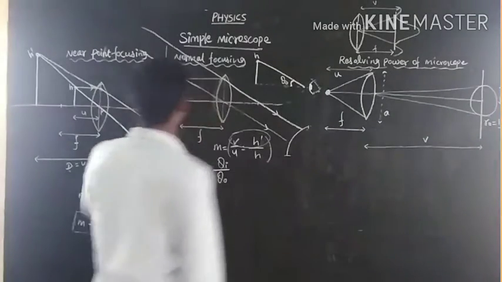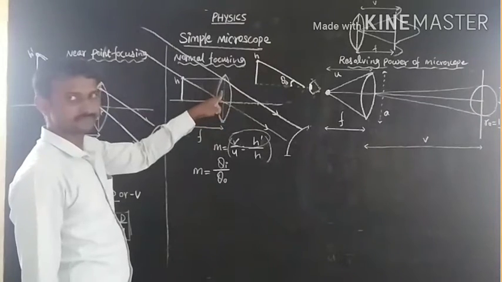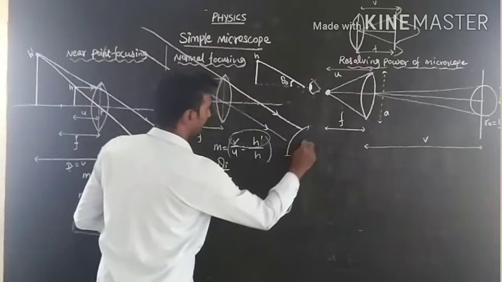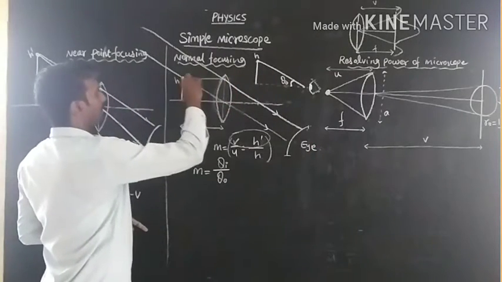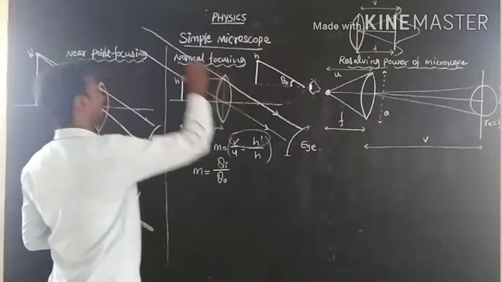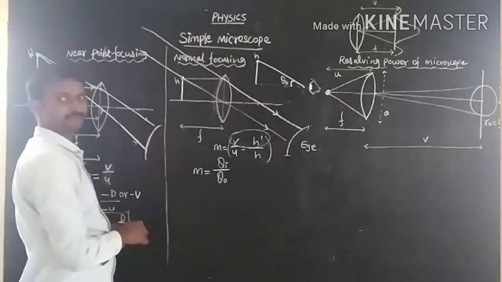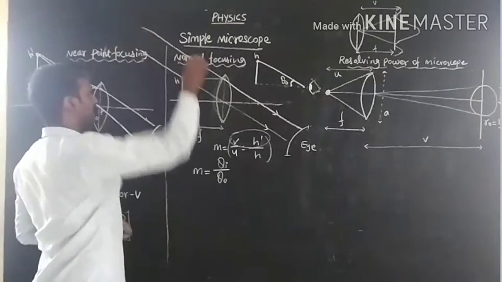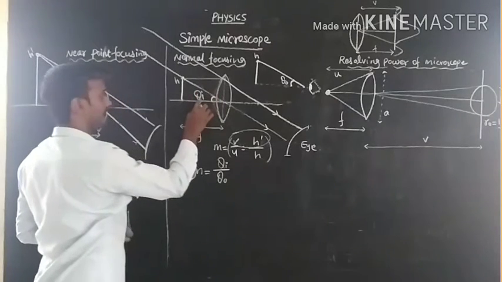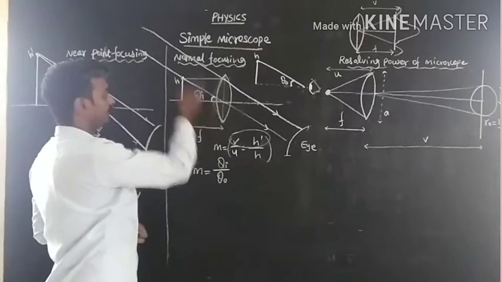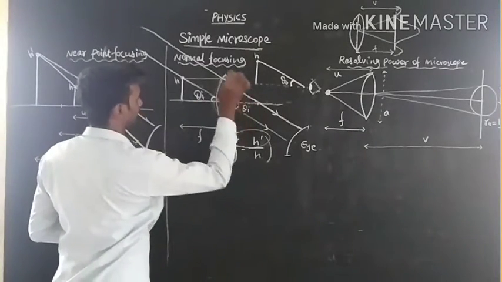Next, now come to the point of refraction through the lens. So this is the position of the eye. The parallel beam of light rays, the refracted light rays, appear to come from an infinite distance, and this infinitely distant object makes an angle theta I. So this is the angular position of the image. So this is theta I. This is also equal to theta.